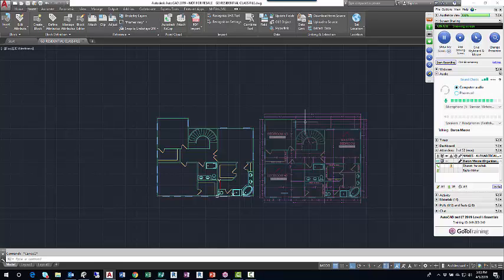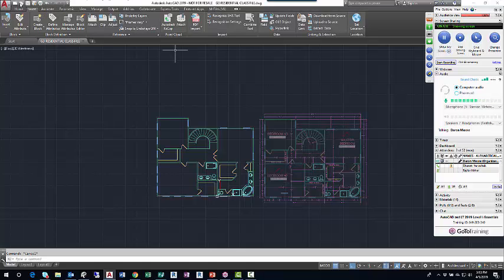Like the three of us are not adding new walls or removing walls or moving walls. We're just adding some sort of line work. For me, I used to be a fire alarm guy, a security guy, and I would add my fire alarm and security devices over this floor plan. Now, this is very similar to a block, except if someone changes this drawing,